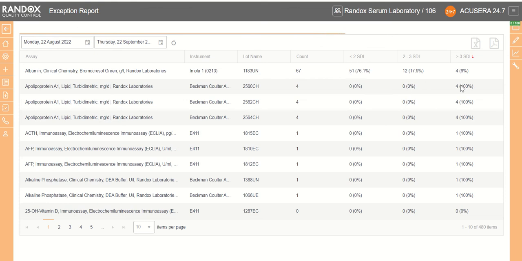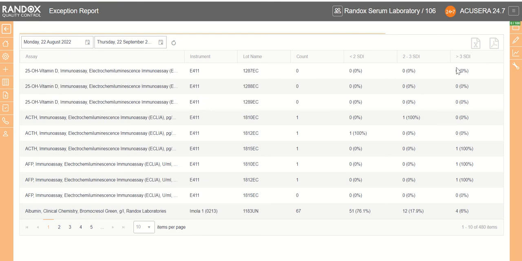Furthermore, you'll see that all of the results entered for apolipoprotein have been falling outside 3 SDI, so these could be argued to be our worst performing results. And if we just download our Excel file,